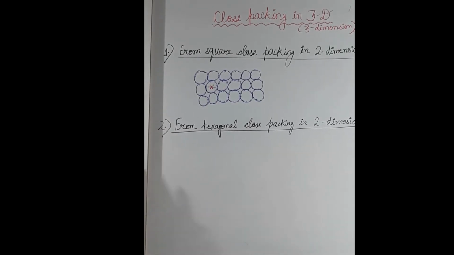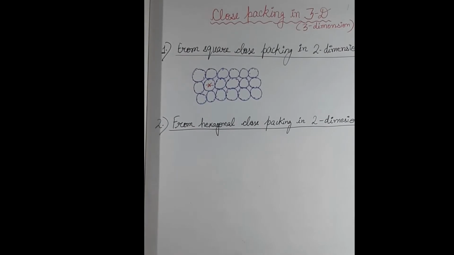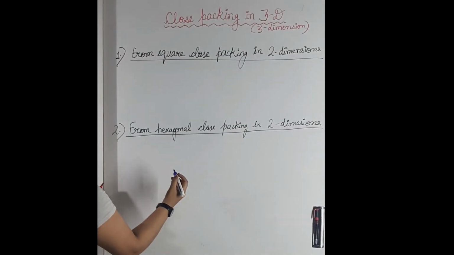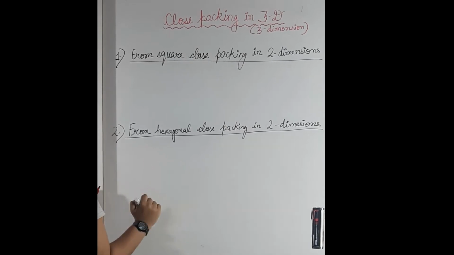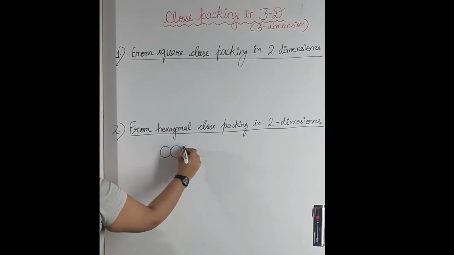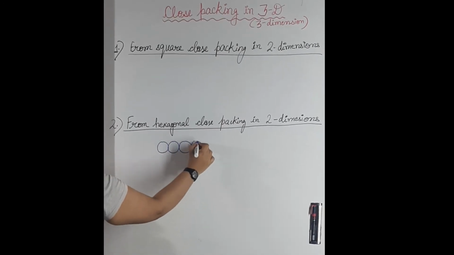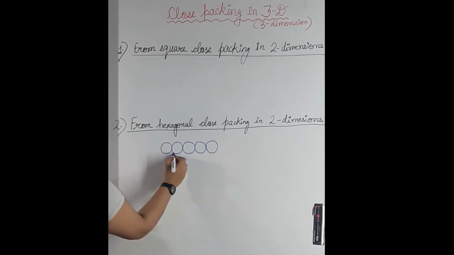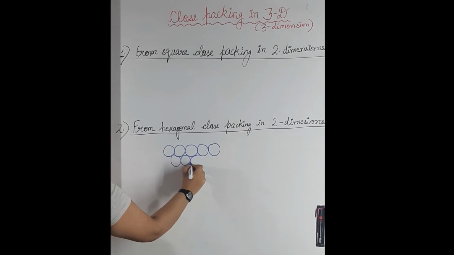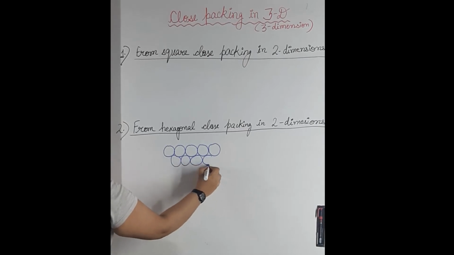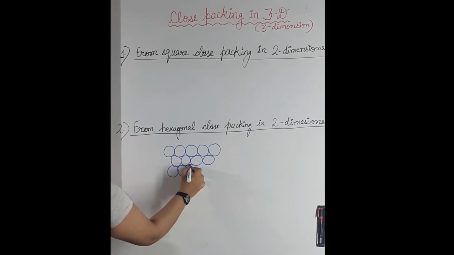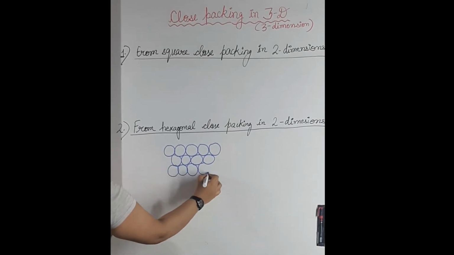Okay guys, you may write it down with me. In hexagonal close packing in 2 dimensions, students, there are 2 types of voids. How? Let's look. As we have seen earlier that in hexagonal close packing, the second layer is placed in such a way that the spheres occur at the depression of the first layer, giving us the AB type of arrangement.